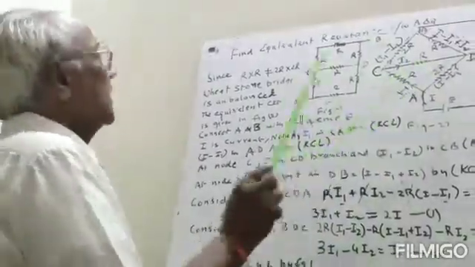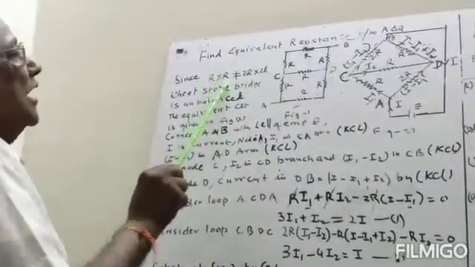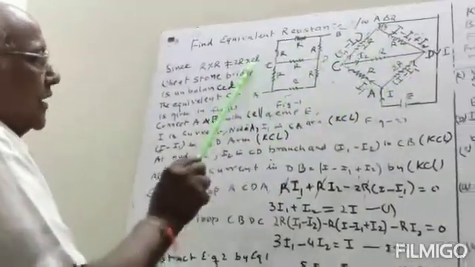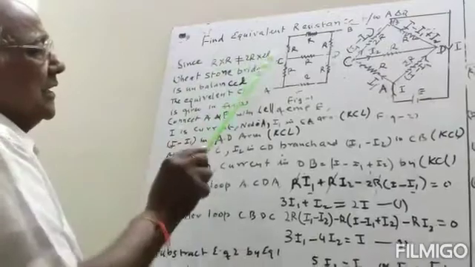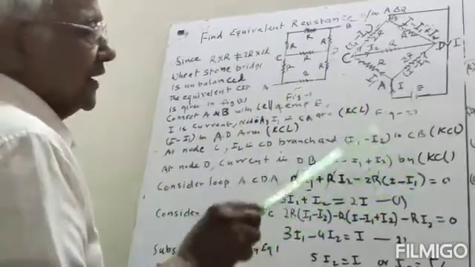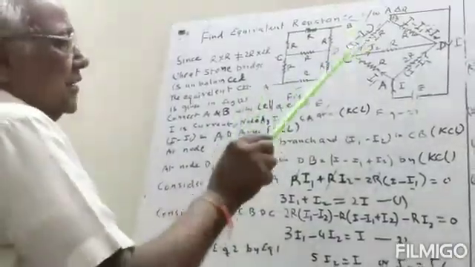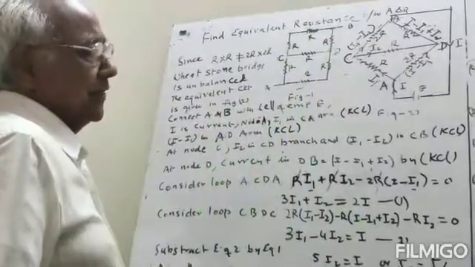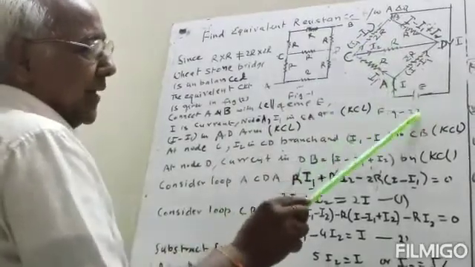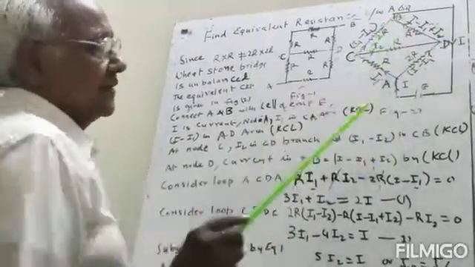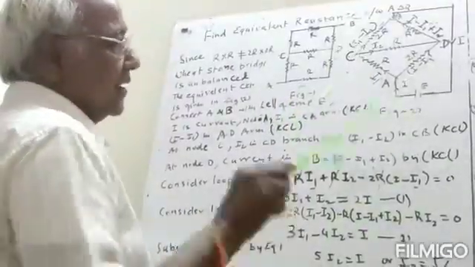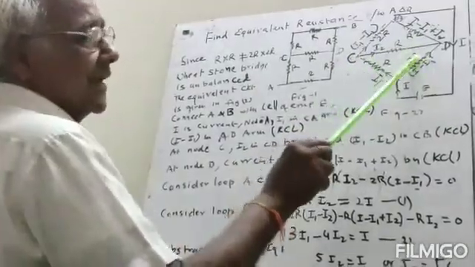So for a balanced Wheatstone bridge, R into R, this is not equal to 2R into 2R; 2R into 2R is 4R square and the other is R square. So this circuit is not a balanced Wheatstone bridge. It means that to find this, we have to have a current source, and we connect A and B with a battery of EMF E here. And since it is not balanced, then between C and D there will be a current.